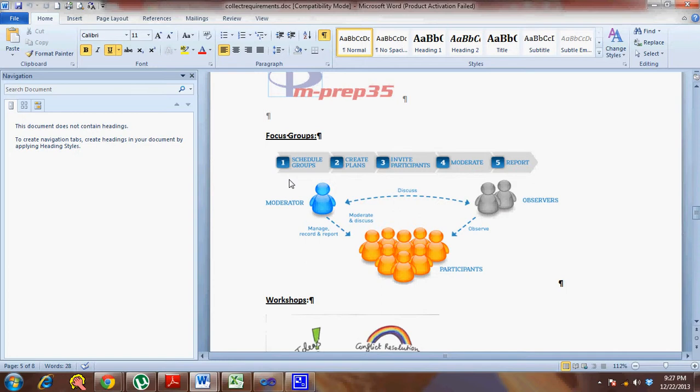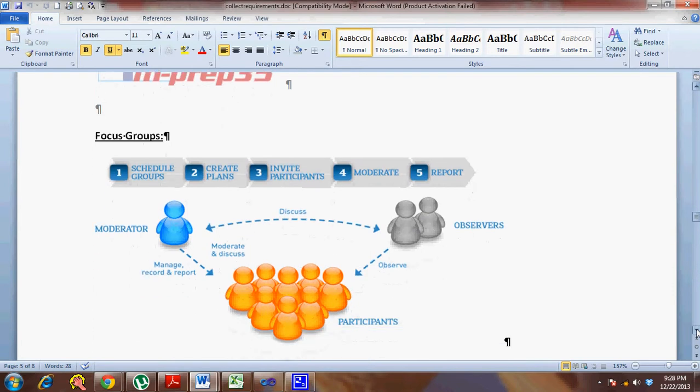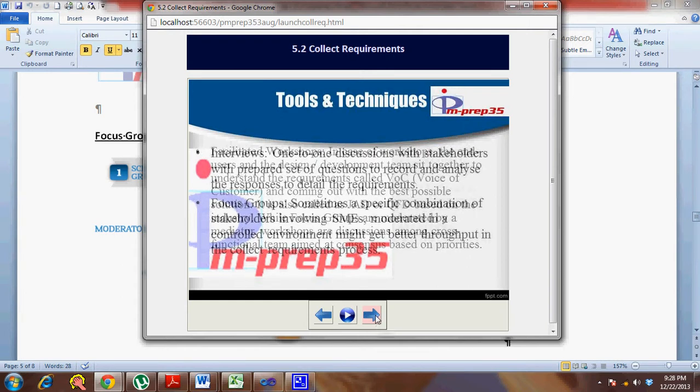Then you invite those participants, you moderate, you allow them to discuss, and then you get their responses. Then you have somebody who is observing who has more queries for this focus group. You collate this and then you get clarity about the requirements. Focus groups are normally people who are subject matter experts and you know whom to involve, where there's a moderator to help the discussion get going.